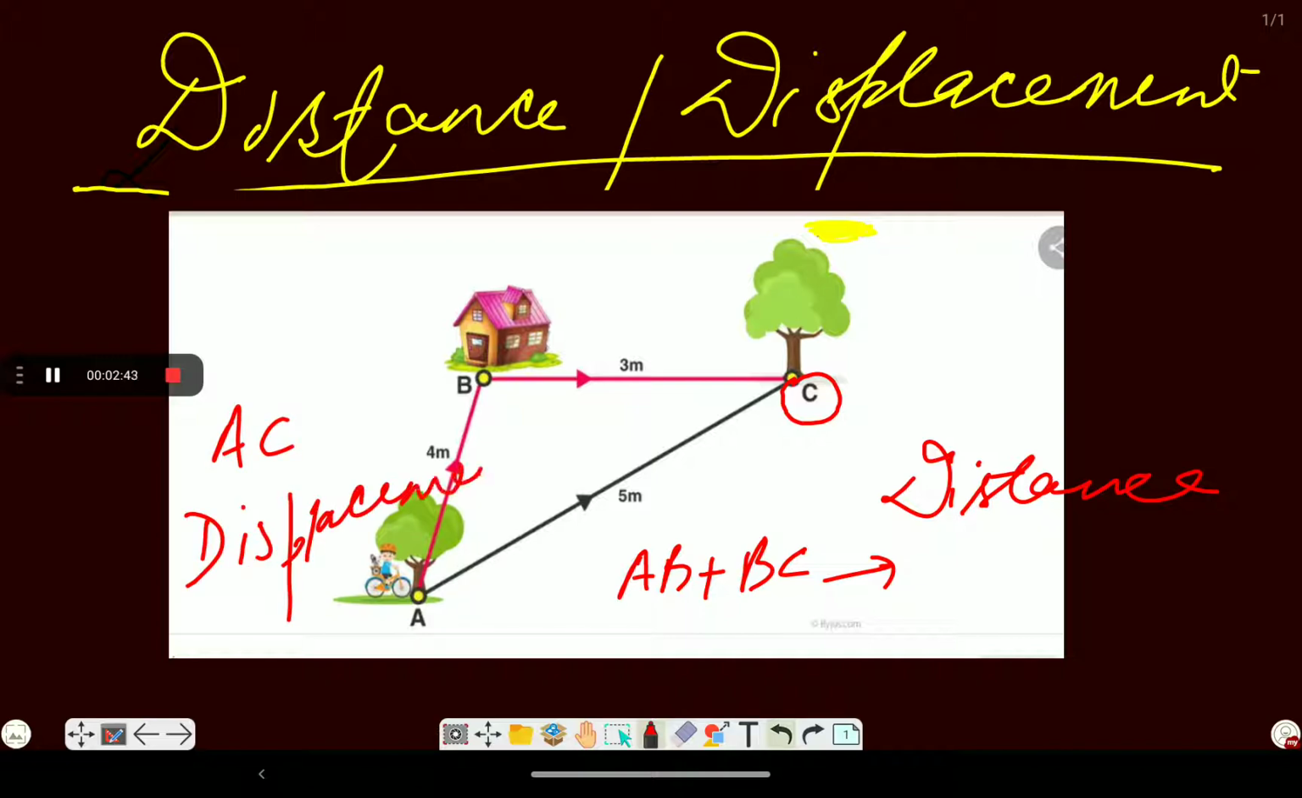तो डिस्प्लेसमेंट क्या होता है? डिस्प्लेसमेंट होता है शॉर्टेस्ट पाथ बिटवीन टू पॉइंट्स, इनिशियल एंड फाइनल. और डिस्टेंस होता है एक्चुअल पाथ. अगर हम क्वांटिटीज में देखें तो whenever we will solve the question of displacement, तो इसमें हम डायरेक्शंस का ध्यान रखेंगे. यानी कि meaning to say